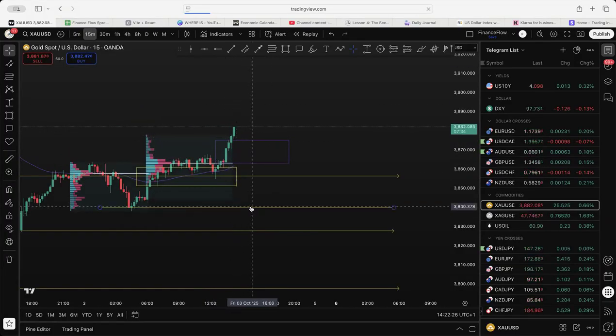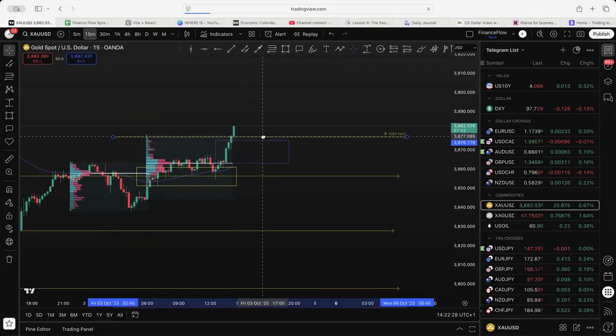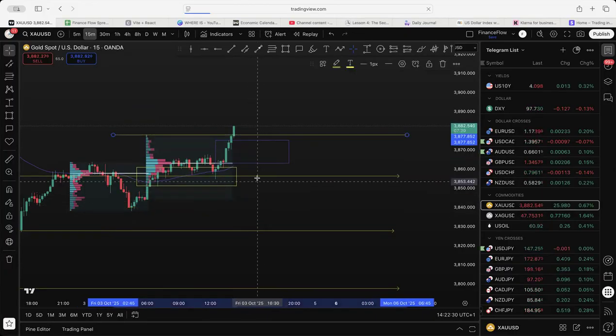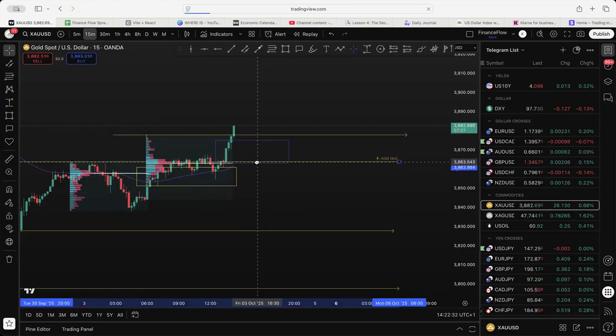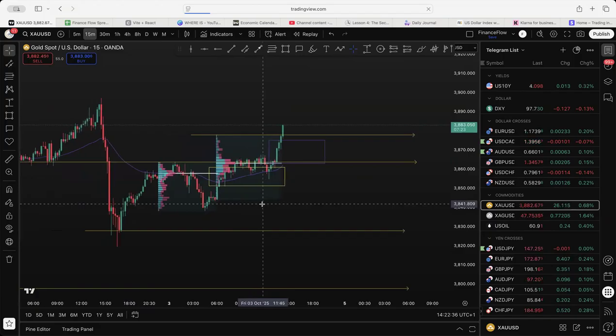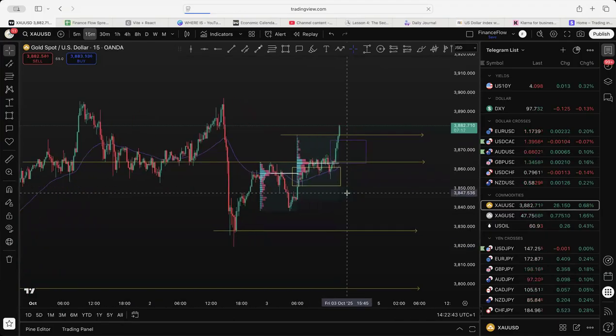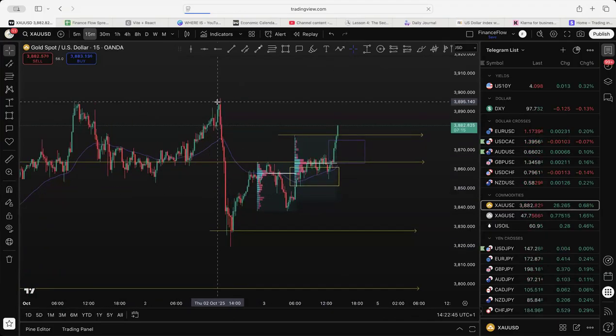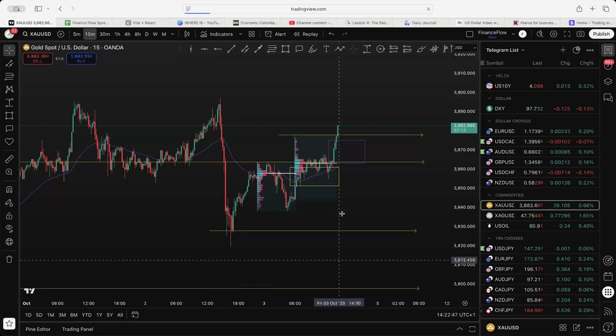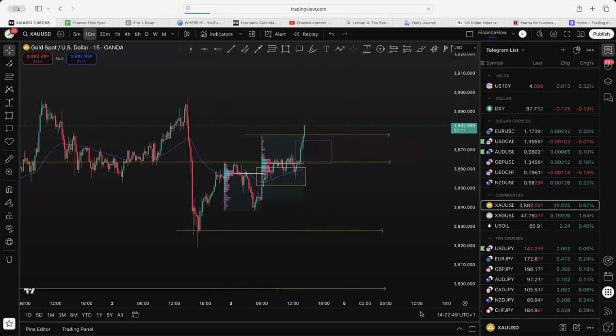So this is London high here. So let's remove that because that's going to be irrelevant. That's London high. And then we've got Asia high here. All right, so for all of you guys who were in, I actually think this could pip all-time highs. Obviously, I got it right in the initial one yesterday, but then we had this huge drop. So I'm actually going to leave trading gold out.